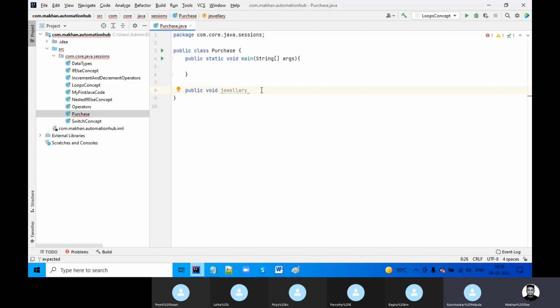Guys, ignore my spelling mistakes. No issue, you just write jewelry, that's more than enough. Anybody, you just assume yourself whatever you want to write, just write.